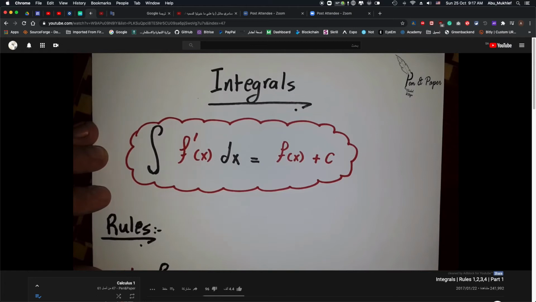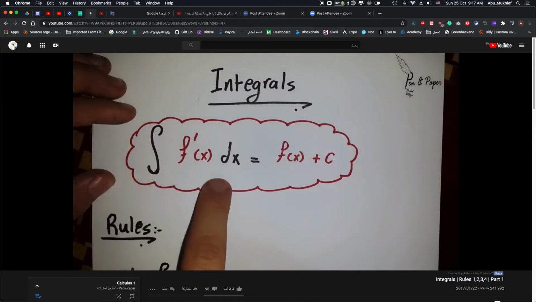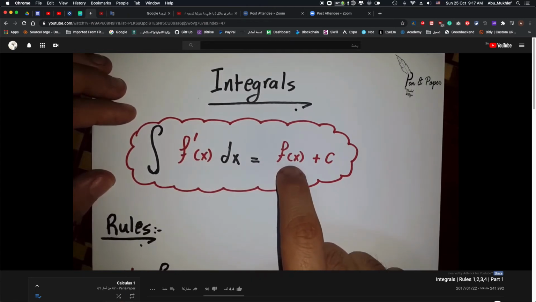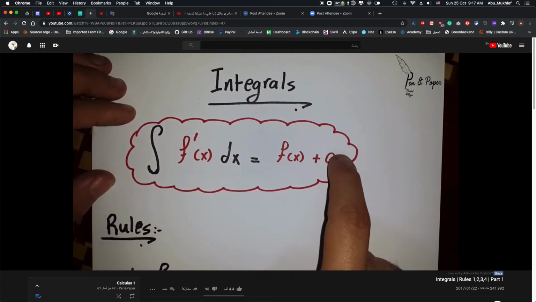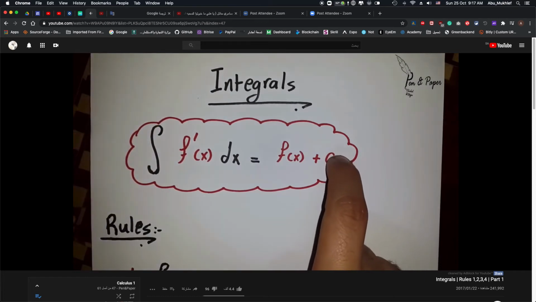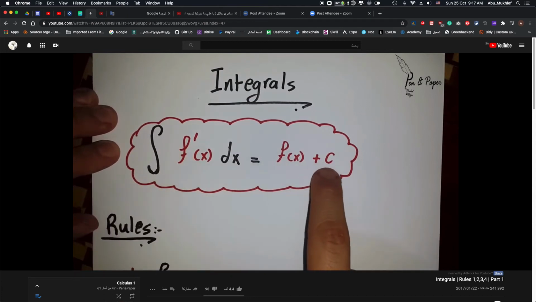هلا، سمعنا إنه التكامل عكس الاشتقاق. كيف يعني؟ هذا هو القاعدة الرئيسية للتكامل: تكامل f prime x dx يساوي f x زائد c. دائما يرافق التكامل غير المحدود. في عندي التكامل المحدود لما يكون عند رمز التكامل حدود. في هاي الحالة هو تكامل غير محدود، فلما يكون غير محدود برافقه ثابت التكامل اللي هو زائد c، دائما بالجواب بكون في عندي زائد c.